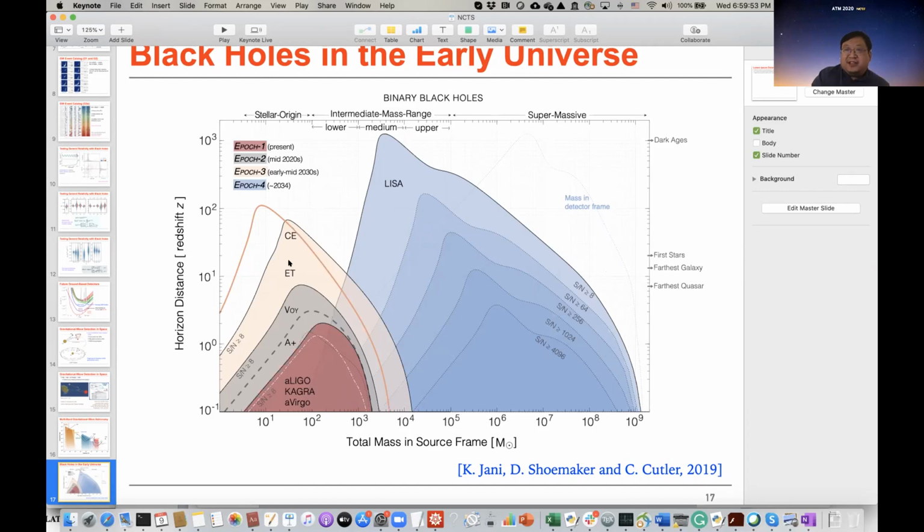So in some sense, the reason why we want to build these capabilities on the ground and in space is that we want to reach all the binary black hole mergers that happen in the universe. Maybe by 2030, 35, or maybe 2040, when all the detectors are built,